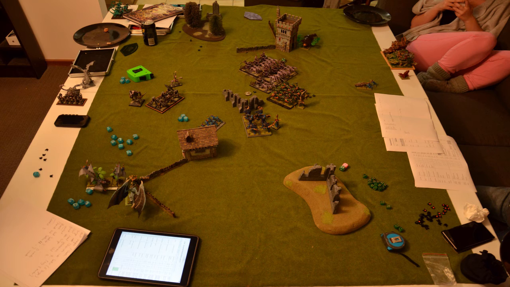When we move into the shooting and magic phase, the Pharaoh surges the chariots into the ceremonials. The surge result was 6, and the idol heals the guardians for 1, and then the priest surges the idol for 4. And then we move into...